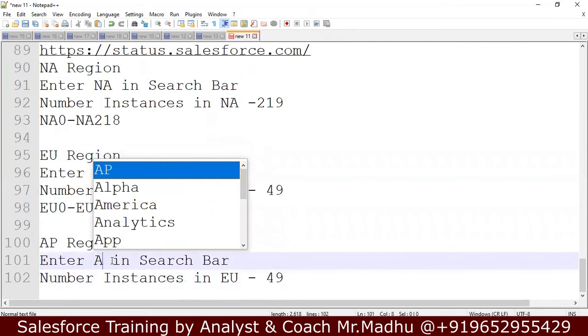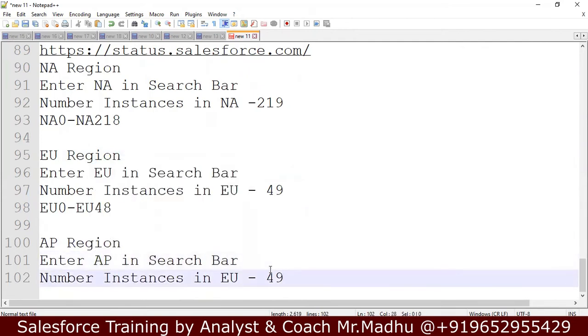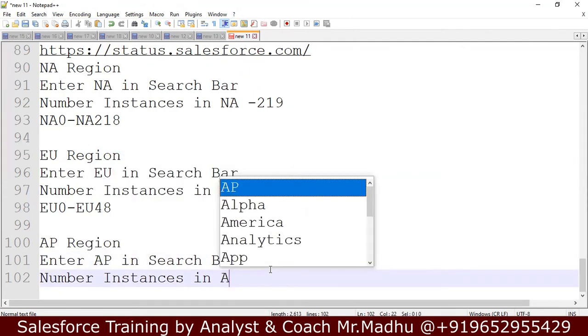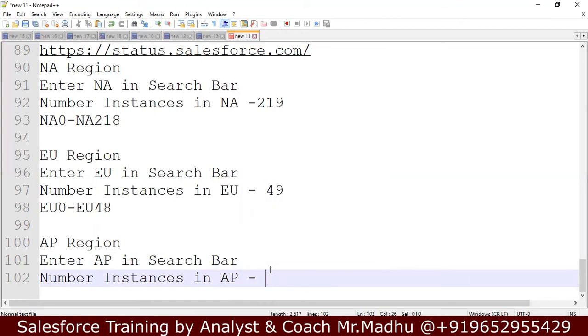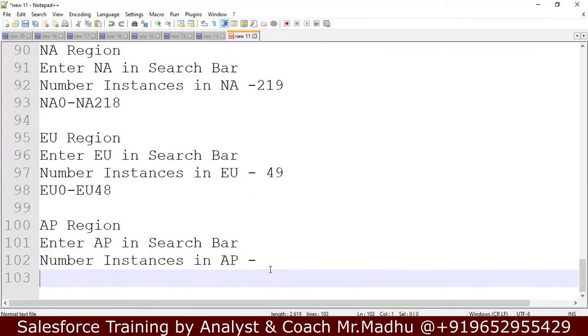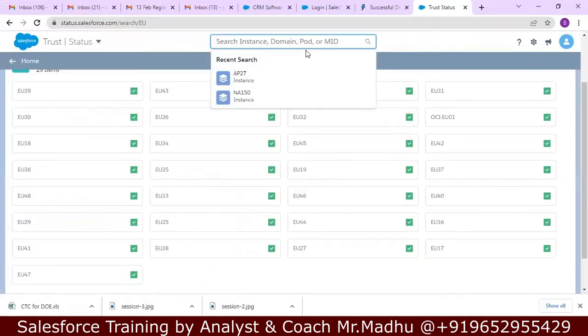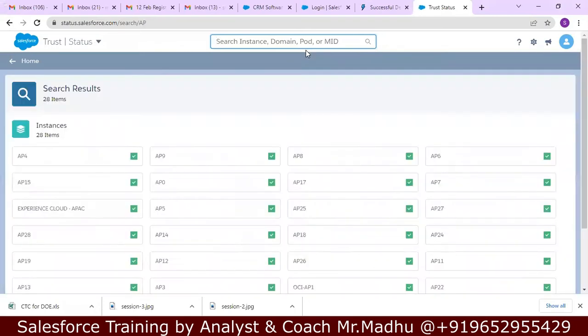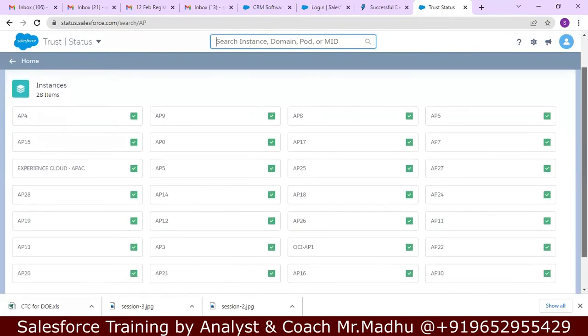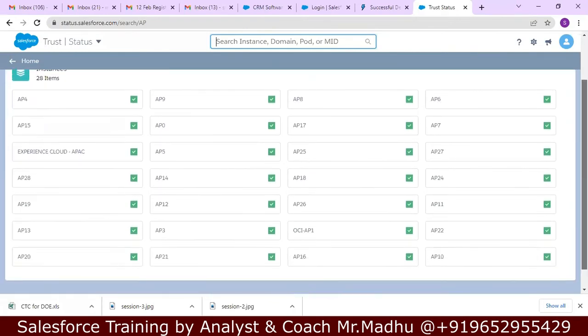Enter AP in the search bar. Then we will see how many instances are available. It starts from AP0 to... here, search AP. See the highest number, how much is the highest number? AP28.